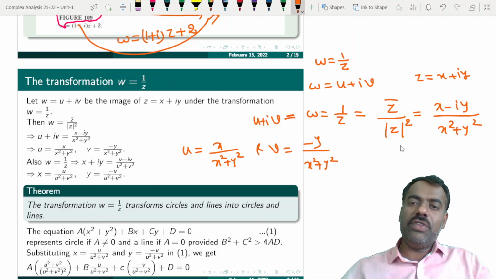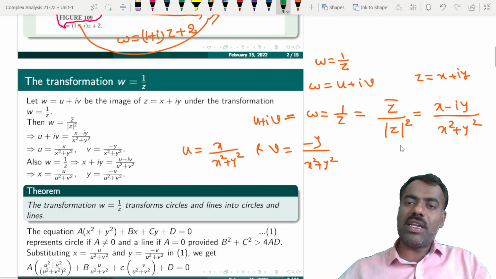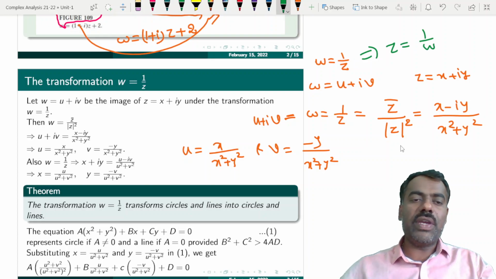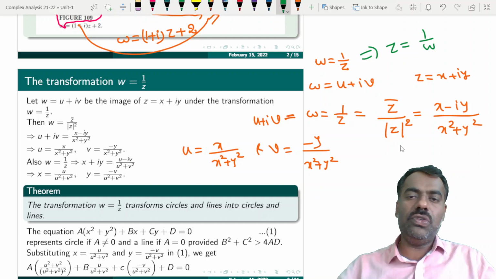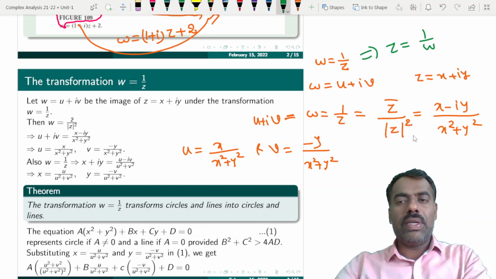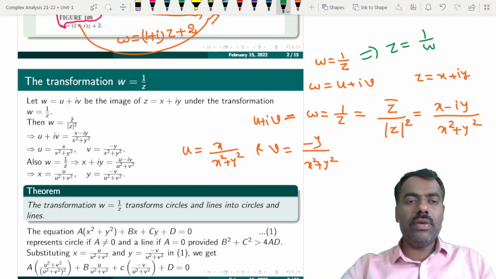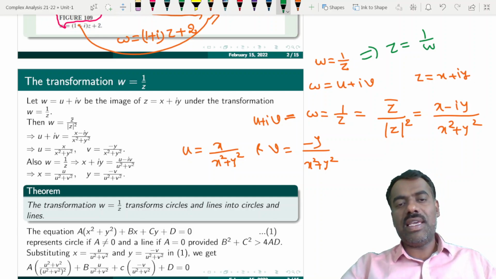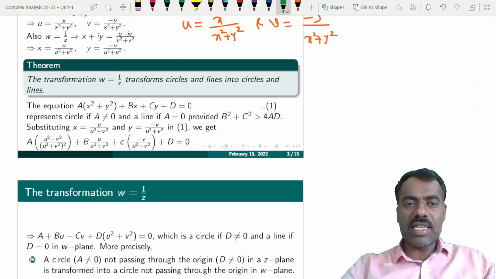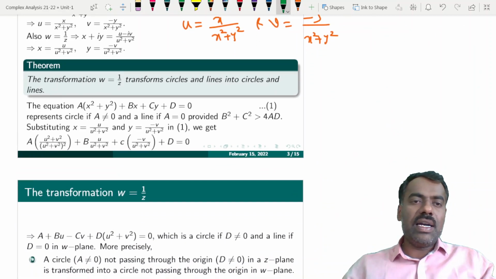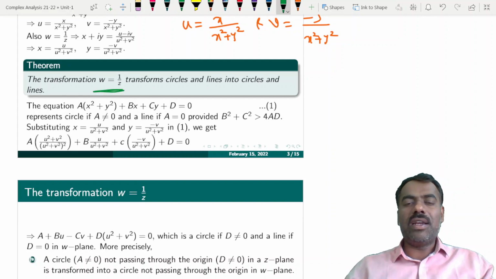Also we can do it in another way. From here what we get is z is same as 1 by w. Then x plus iy, you can get the x value and y value in terms of u value and v value, right? So we have a correspondence between x, y and u, v. So we have a result: with this calculation one can check that the transformation w is equal to 1 by z transforms